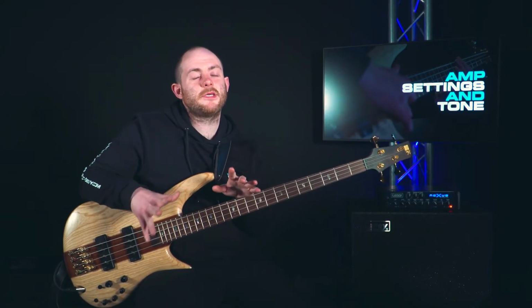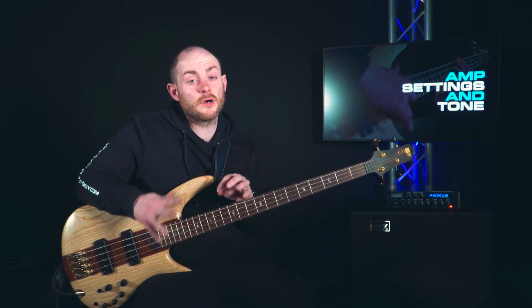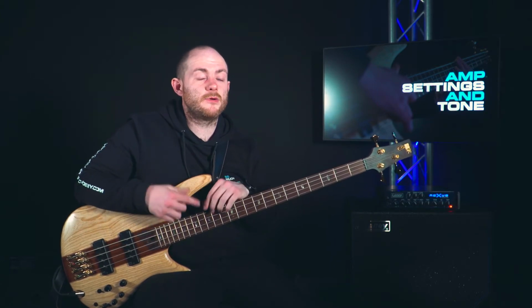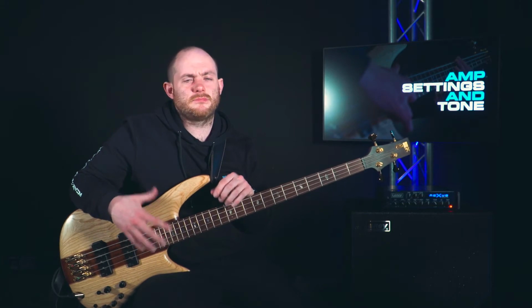So if you didn't hear any difference, then you definitely need to do it at home with your own amplifier, just to take things a lot slower, because you should be hearing a difference. And if you can't hear a difference, here's another little tip. If you start at 12 o'clock, turn it all the way to the left or all the way to the right, and then play your open E string again, you should hear a difference. If you don't, then you should definitely check to see if it is working, because you should hear